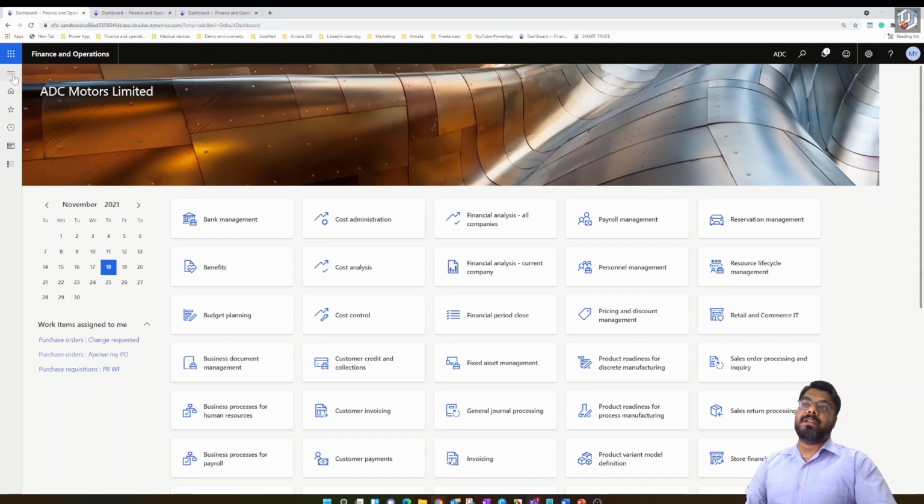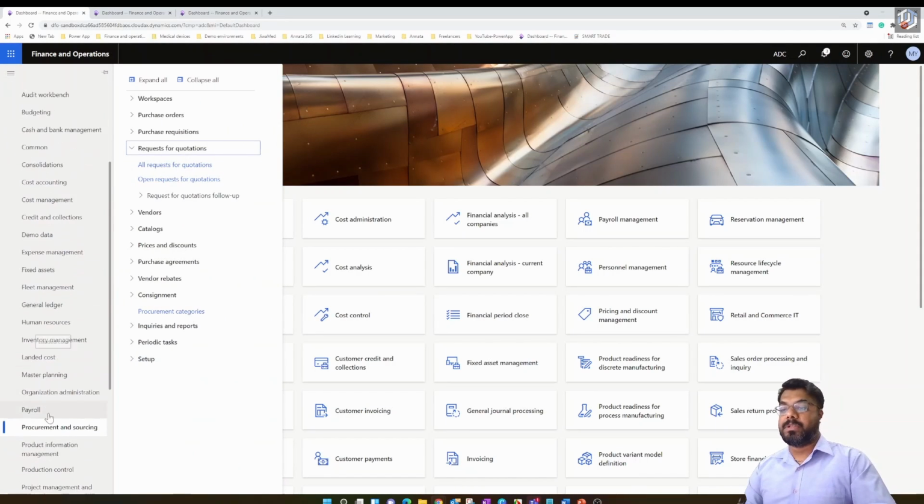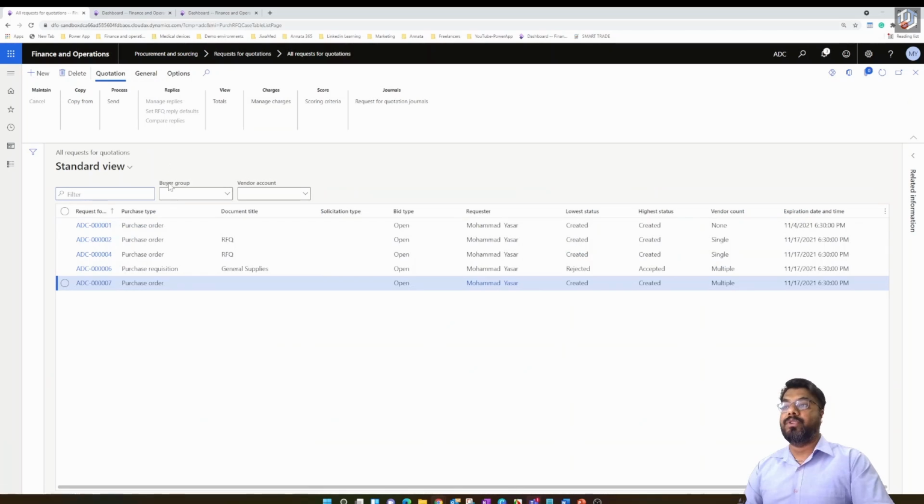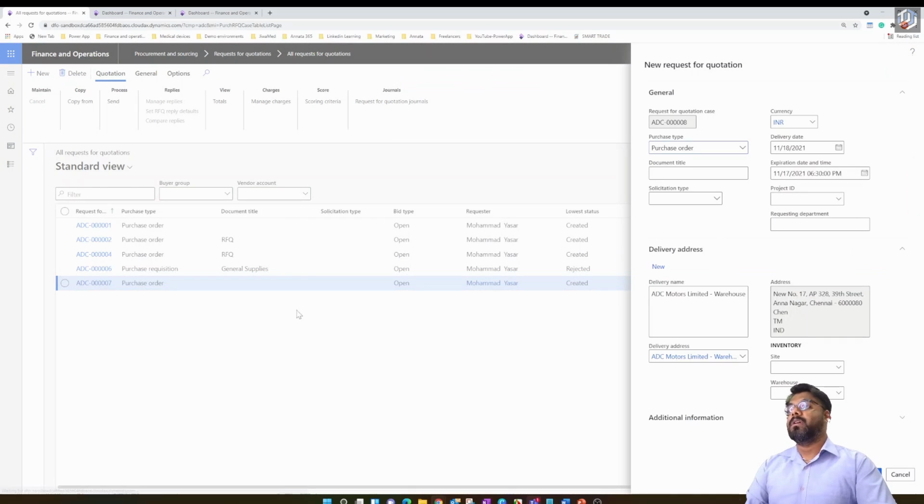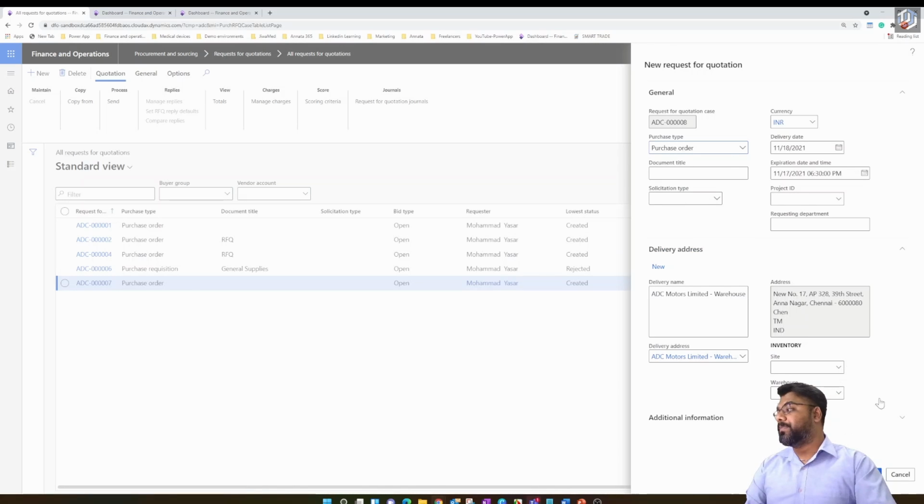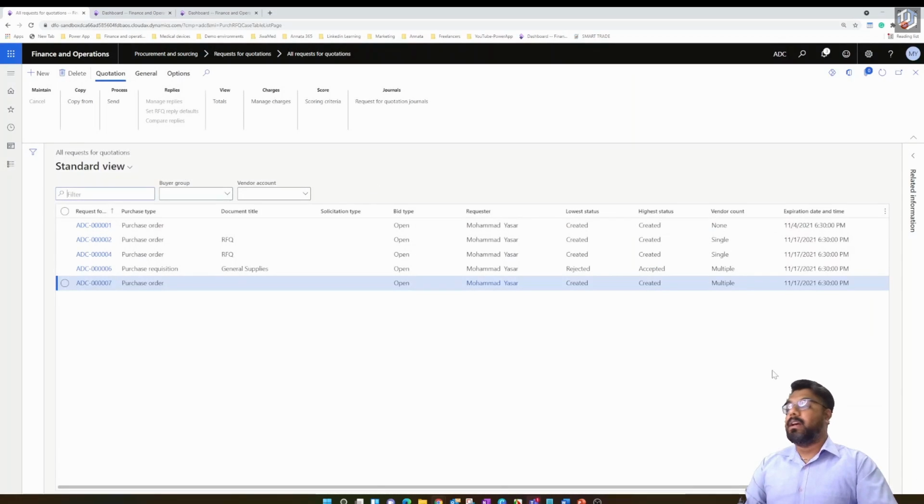For creating a request for quotation, get into the Procurement and sourcing module under the All request for quotation view. If you get in here, you will have an option to click on the New button and create a request for quotation. When you create a request for quotation directly from here, choosing the purchase type as purchase order, and choosing the warehouse and site,